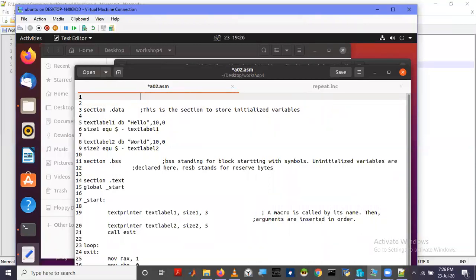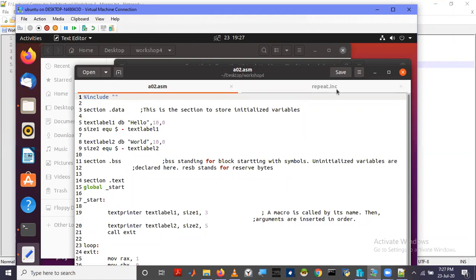An external file is called using the keyword include. Include the name of the file; you have to specify it inside double quotes.